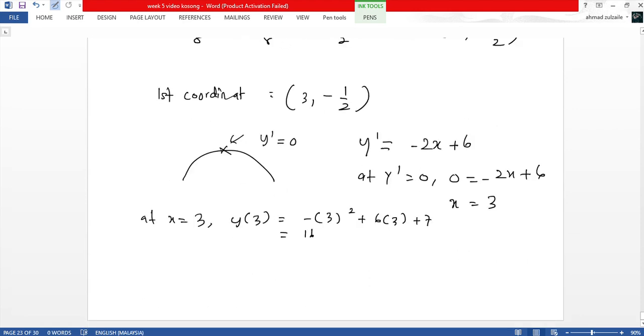So the second coordinate is 3 and 16. So you dapat dua coordinate baru you boleh dapatkan the length ataupun the difference. And dia minta kita what is the distance between the vertex dan juga the point of intersection. Okay, so therefore